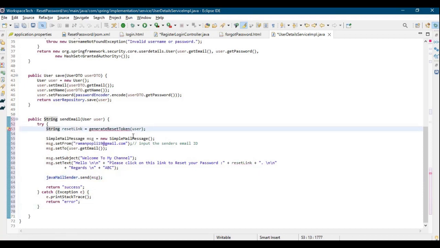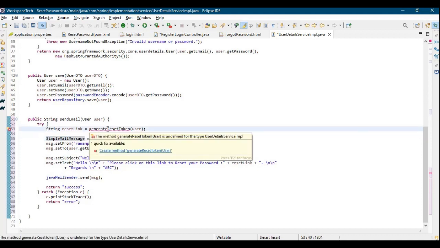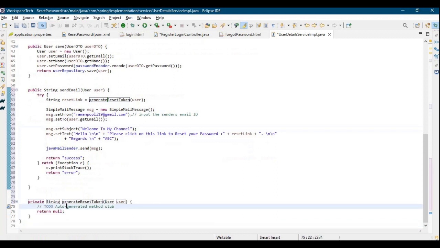So let me uncomment this method, and we'll be creating this method again. So we have this method. Now we have to have an entity, right? A model wherein we'll be having a token, we'll be having the expiry time, and you can store the username and all those things also for the user. So